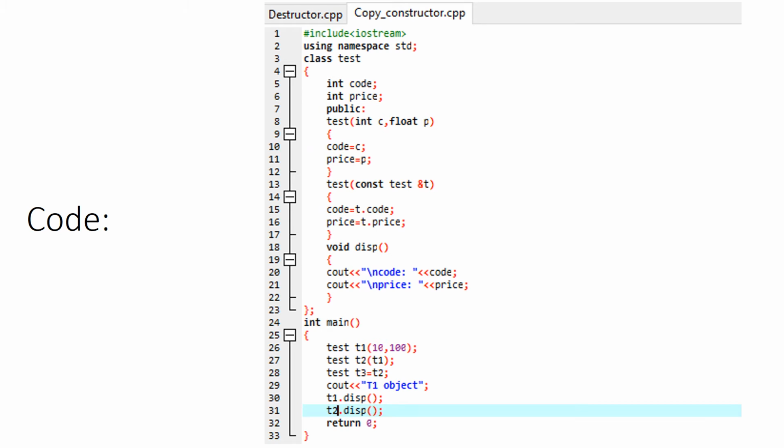So to the code, we have #include <iostream> starting with the header file declaration, then using namespace std. Then we have a class named test, which has two variables in it, which are private. After that, we have in public domain a function named test, which is a parameterized constructor. So we have taken a parameterized constructor to just take the value of the corresponding object or assign the value of the corresponding object. Code equals to C, price equals to P, and after that we will have a copy constructor